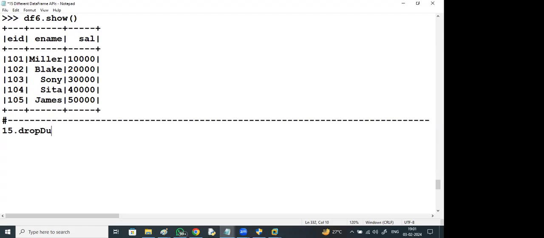Drop duplicates. It drops duplicates based on multiple columns.